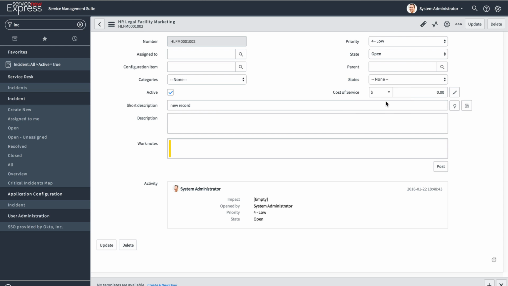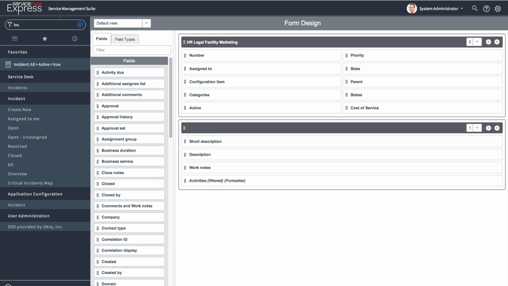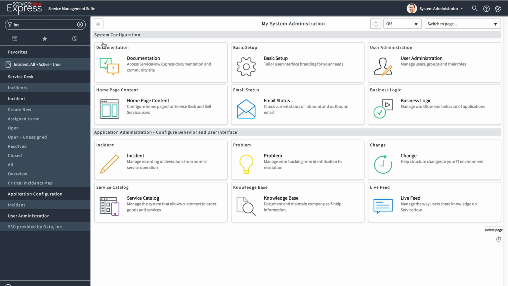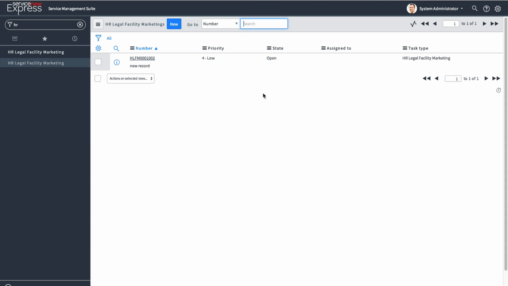So I'm going to go in, I'm going to configure those choices, and maybe this is a very simple one. It's either going to be active, let's say also it's going to be inactive, and we're going to say it's going to be closed. So maybe some redundancy there between these two, but the idea is you've made a custom state field. After we have the custom state field, we're going to come back in to that application we made, and we're going to